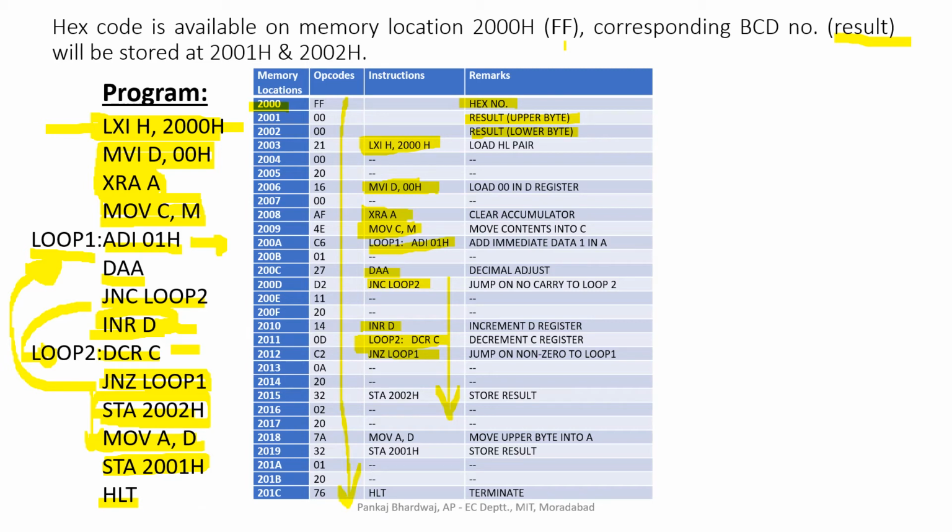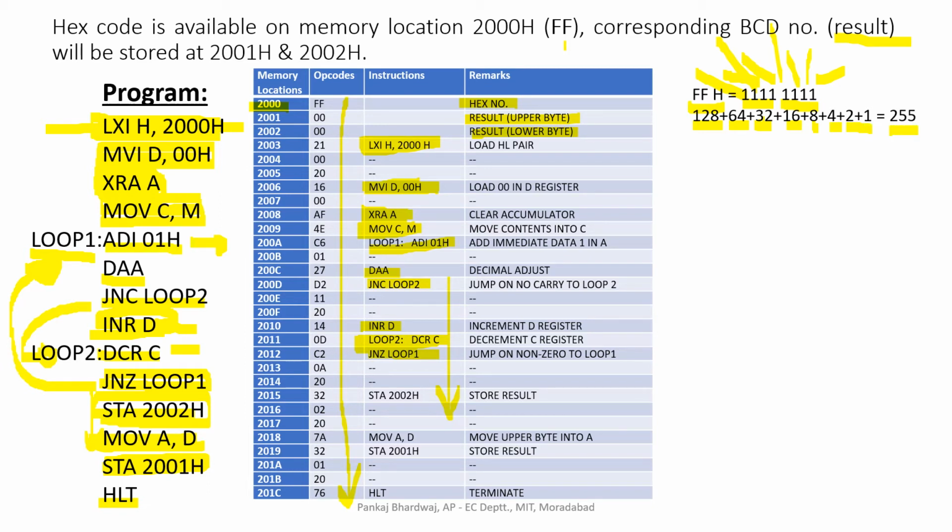Okay, logically what should happen? Basically FF corresponds to 11111111, that is the 8-bit hexadecimal number FF. Now if we convert it into decimal, this bit corresponds to 1, this is for 2, this is for 4, this is for 8. Similarly, this is for 16, then 32, then 64, then 128. So we need to add all these numbers to get what FF is in decimal or BCD number. So it is basically 255.